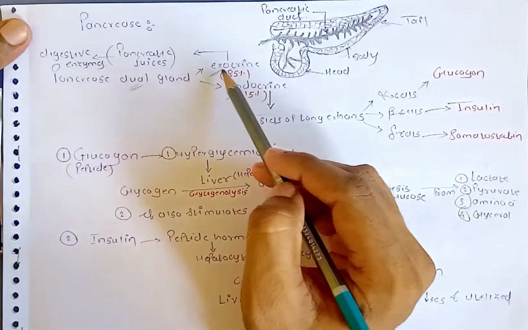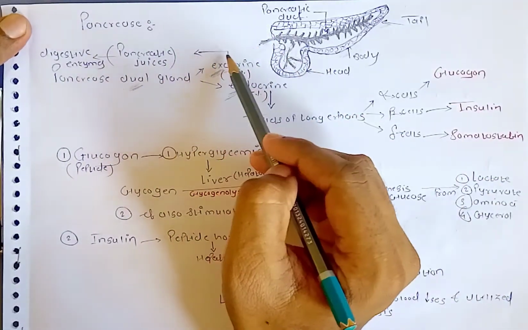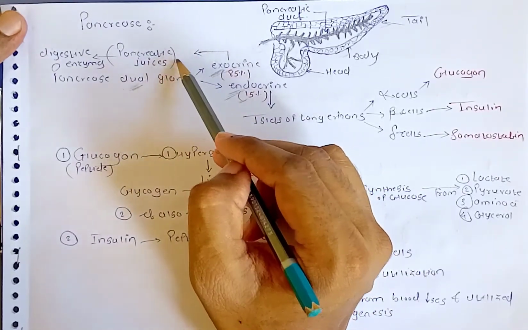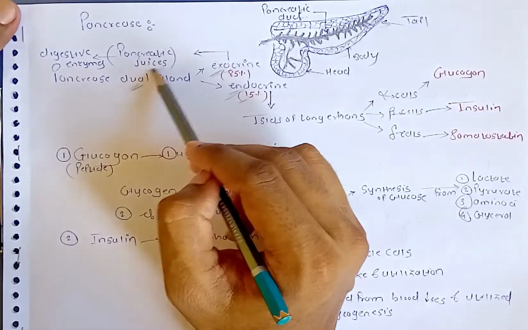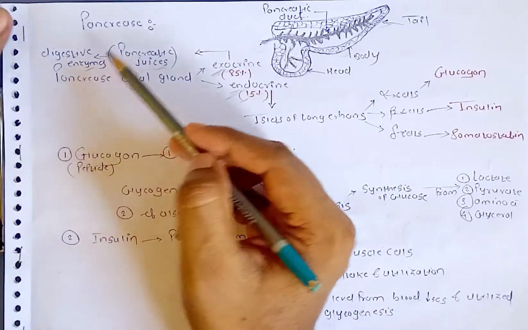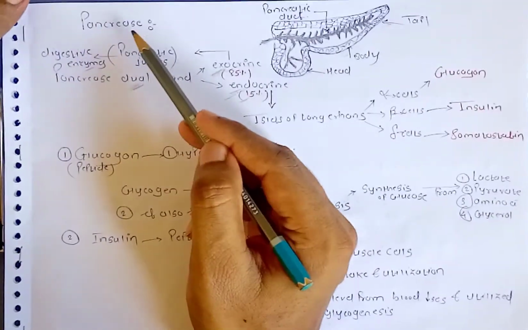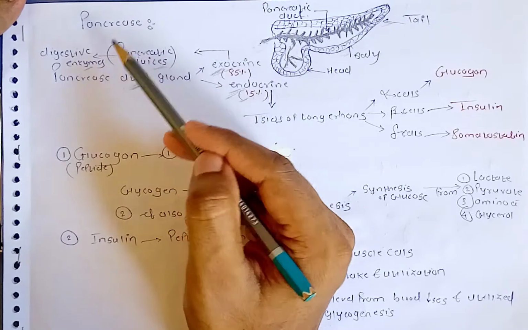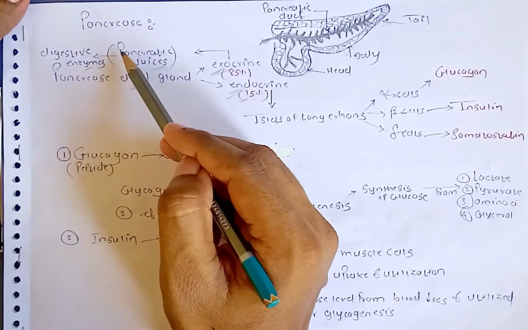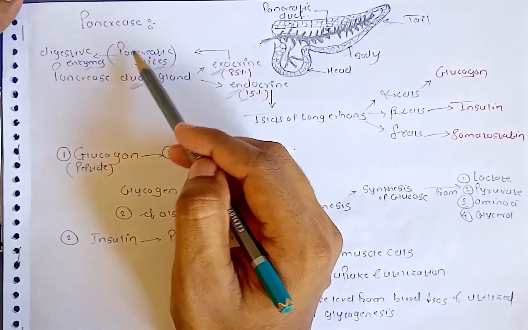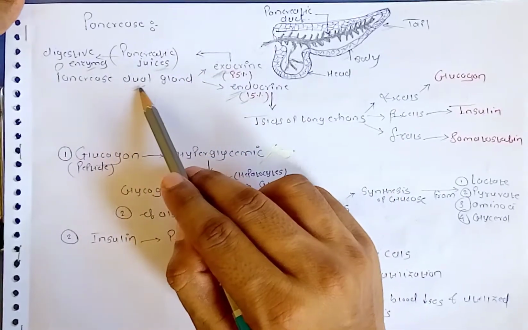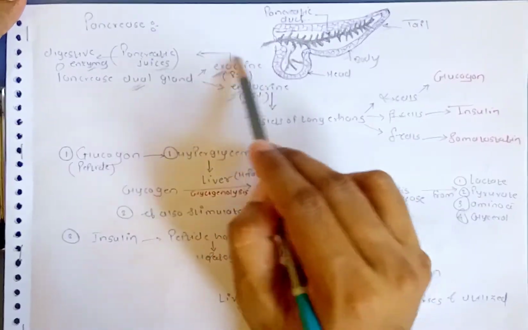Okay. So first we will see the exocrine section. The exocrine section of the pancreas gland is mainly involved in synthesis, storage and release of pancreatic juices. So what are these pancreatic juices? These are nothing but digestive enzymes. For example, pancreatic amylase, lipase, nuclease, nucleosidase, trypsin, chymotrypsin and polypeptidase. So these enzymes contribute to the digestion of proteins, fats and carbohydrates. So this is the exocrine section of the pancreas gland, which helps in the process of digestion.